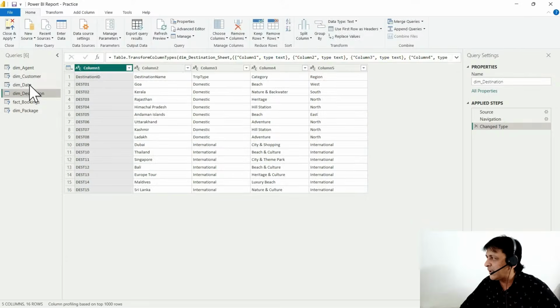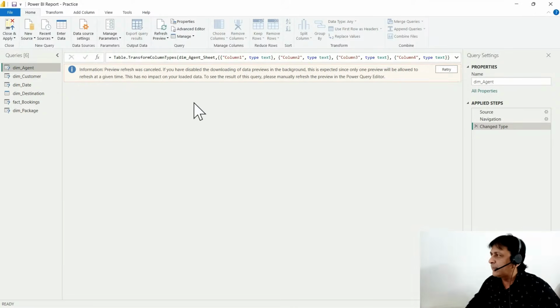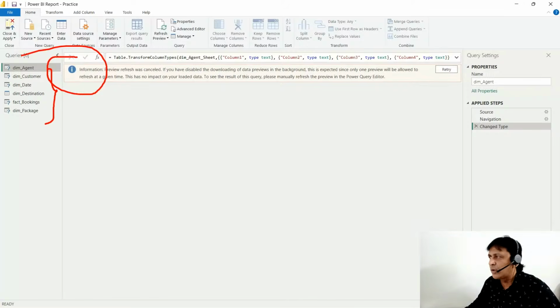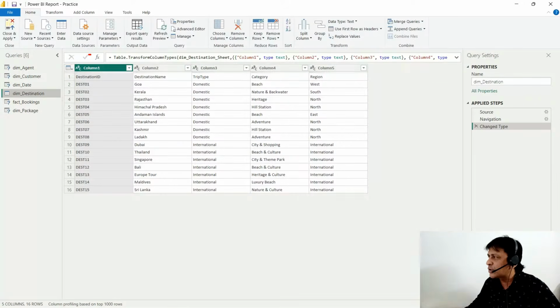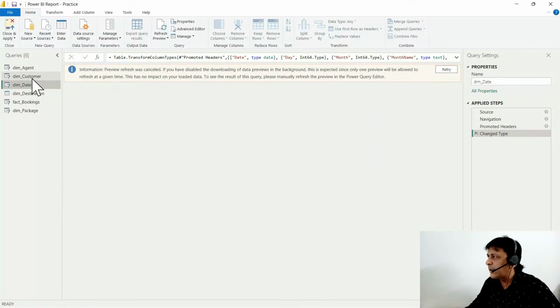अब देखिए, सबसे पहली बात क्या होगी, जैसे मैंने यहाँ पे टेबल को लोड किया, तो यहाँ पे आप देखोगे कुछ वार्निंग मैसेज आ रहा है। सारे टेबल पूरी तरीके से लोड नहीं हुए। ठीक है, ये पावर क्वेरी का नोन बिहेवियर है। कई बार आपको ये नहीं मिलेगा, जैसे डेस्टिनेशन को उसने प्रॉपर लोड कर दिया, लेकिन यहाँ पे वो लोड नहीं कर पाया क्योंकि शायद कैशे क्लियर नहीं था